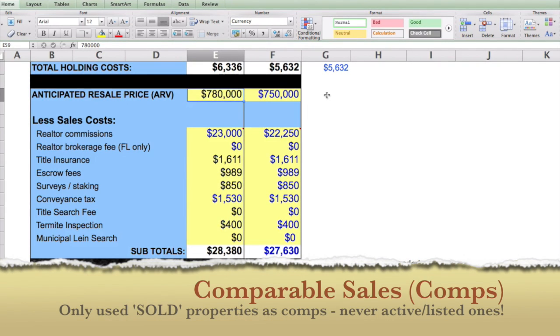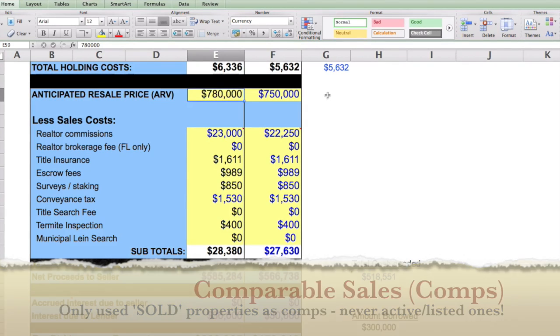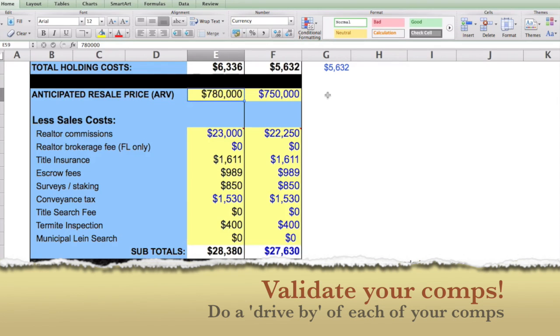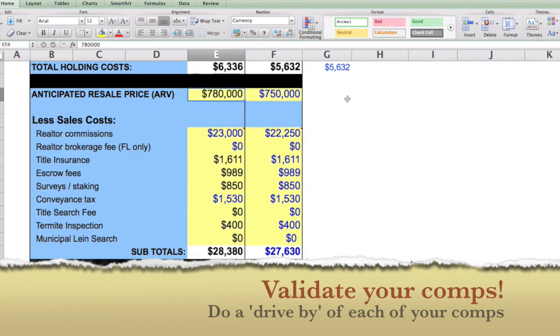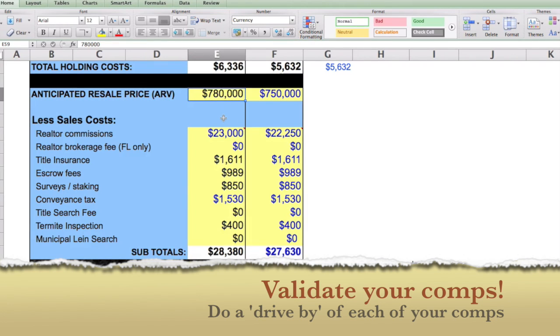And when we go out to look at our property, when we do the site tour, at that point, we're also going to drive by the comparables to validate our comps. That is very, very important. That is how we arrive at this number right here. You're going to plug that number in, and then let's talk about